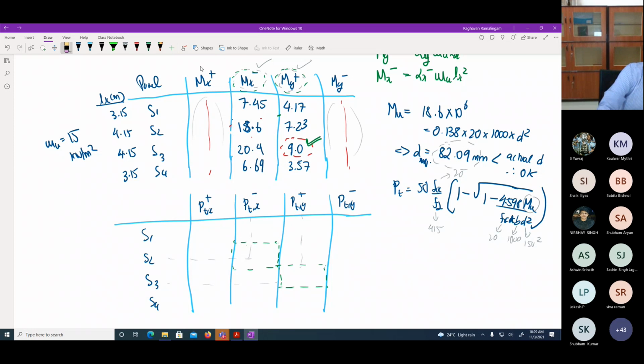18.6 is 20. I didn't see it. You should take this one, correct. But if you found it out for 18.6, leave it. Don't need to recalculate PT. Whatever you found, you tell me. If you found it for 18.6, tell me what you found for 18.6, the PT value.